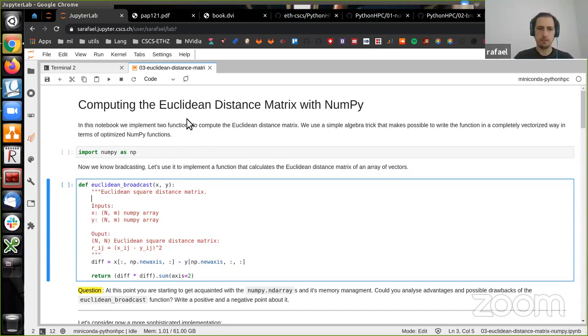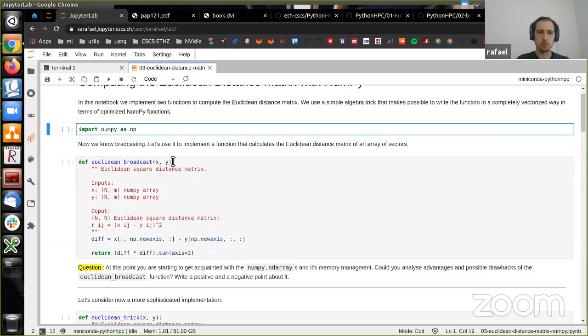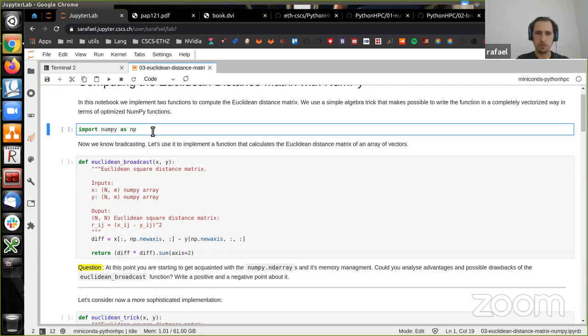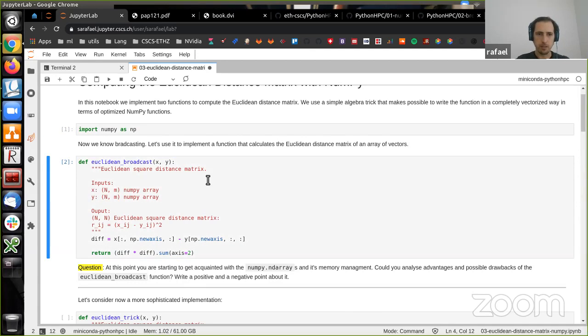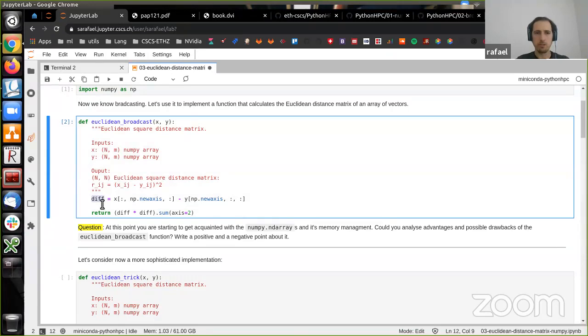Let's go over the notebook and see together how it works. Here we have another implementation of the same function. Here the difference is we do the operation that we mentioned before in the broadcasting section, and then remember this gives you